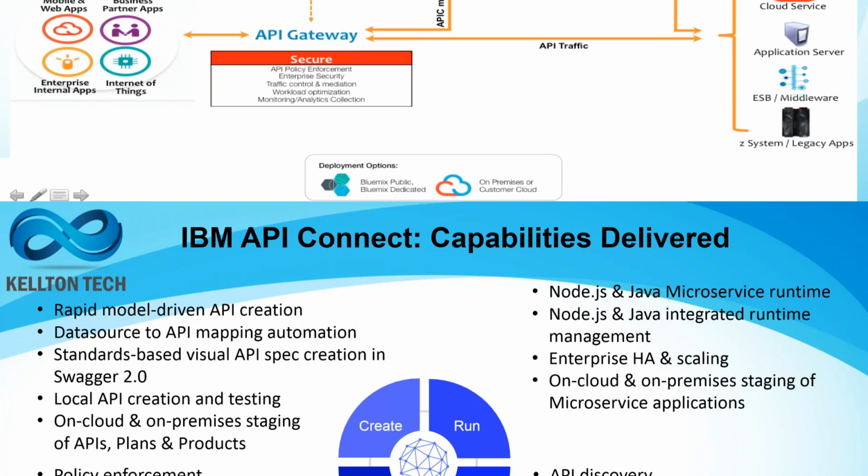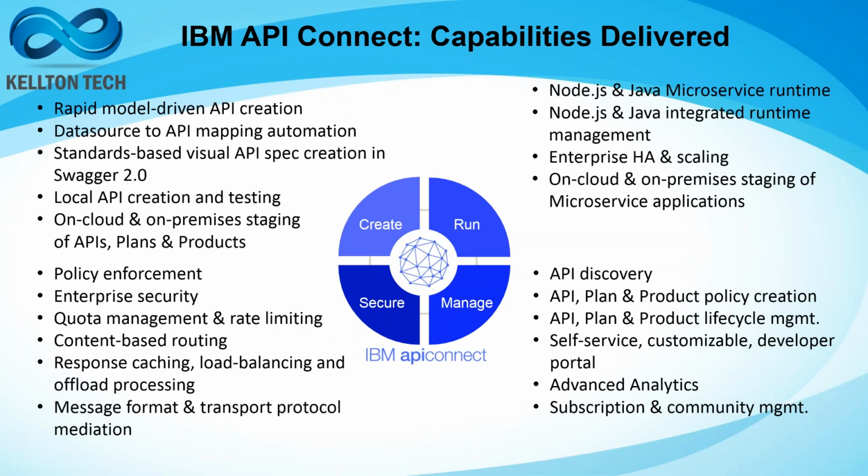The capabilities of API Connect can be divided into 4 themes: create, run, manage, secure. The create theme signifies rapid model-driven API creation. API Connect supports the Swagger 2.0 specification. The APIs are represented in the Swagger 2.0 format. The run theme specifies the multiple runtimes available, the Node.js and Java runtime, and also the high availability and the clustering support available. The manage theme signifies